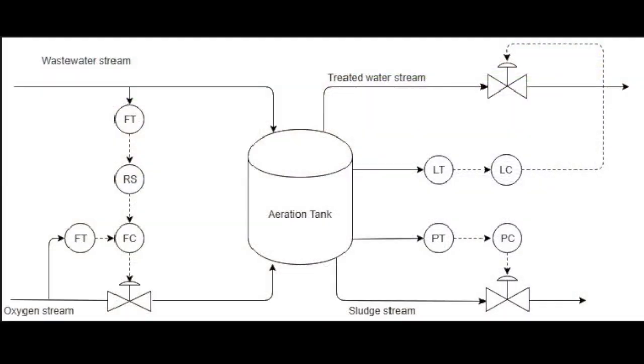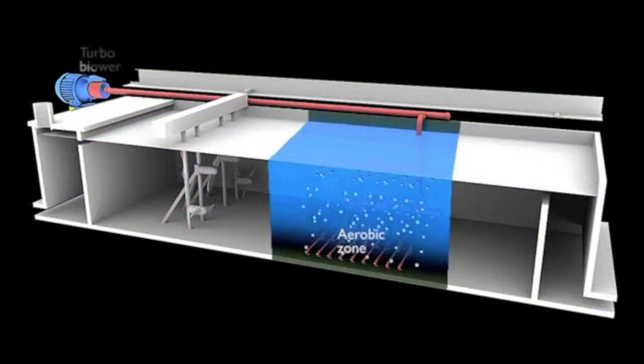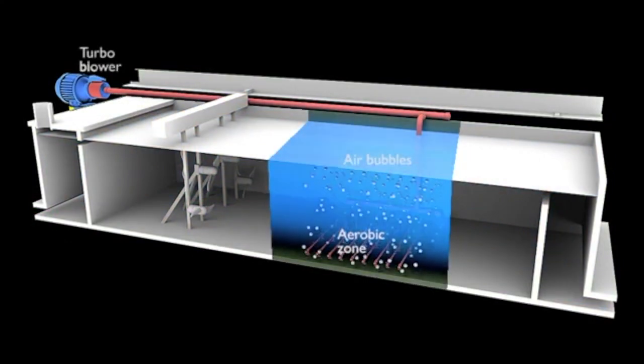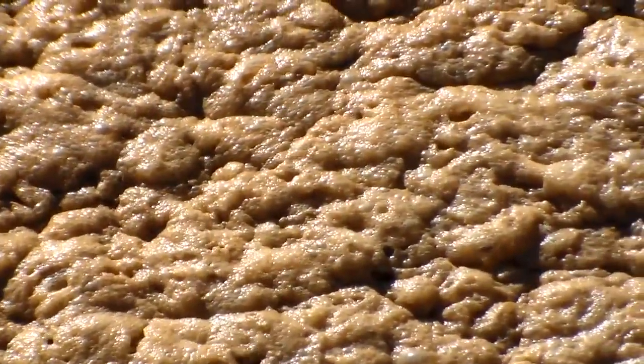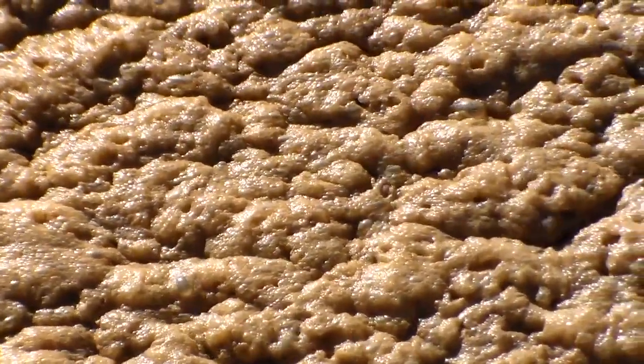This is a proposed control for the aeration tank. Aeration is an activated sludge process based on pumping air or oxygen into a tank. This serves to promote microbial growth in the wastewater. The microbes feed on the organic material, forming floc which can be easily settled out and removed from the